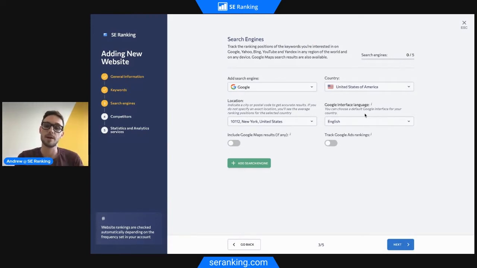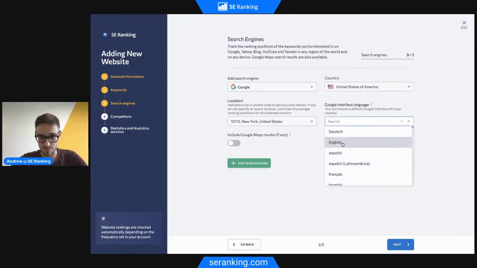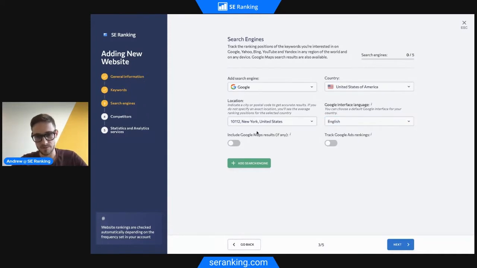So, for example, if you're targeting a country or a region that speaks different languages, like Belgium, Canada, or maybe a city that has a large Spanish-speaking population in a non-Spanish-speaking country, then you can also make use of this option here. And also make sure to